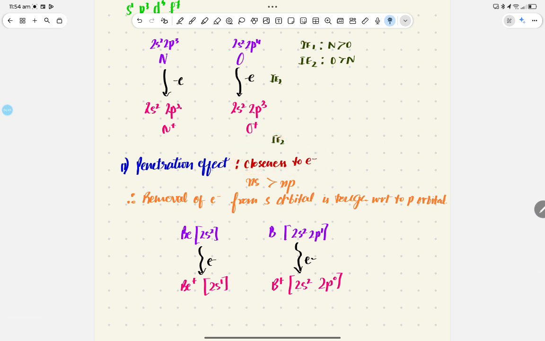Now the second factor is the penetration effect, the closeness to the nucleus. As you know, the s orbital is closer to the nucleus as compared to the p orbital due to the penetration effect. Removal of an electron from the s orbital is therefore tougher with respect to the p orbital. Now let's take an example of beryllium with the electronic configuration 1s2, 2s2, and boron with electronic configuration 1s2, 2s2,